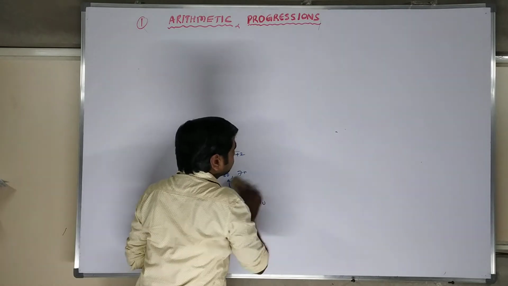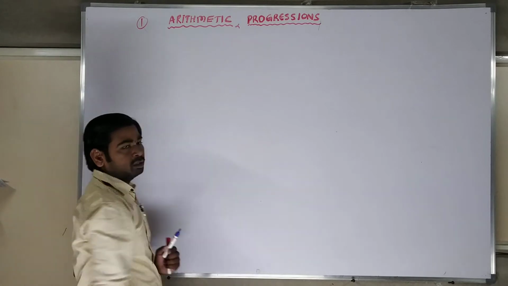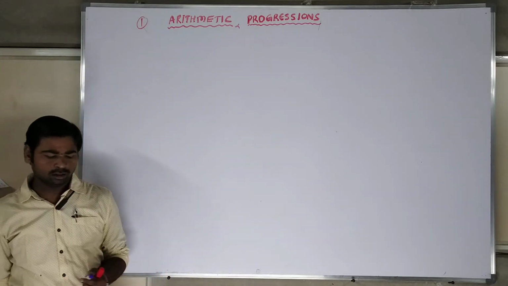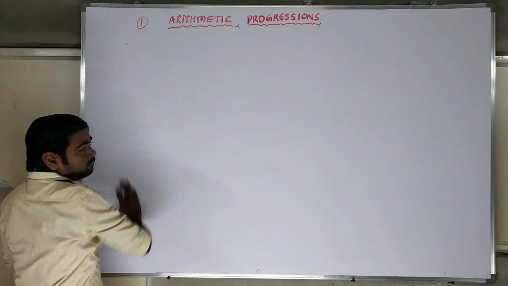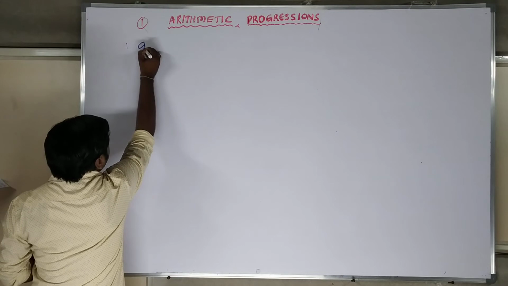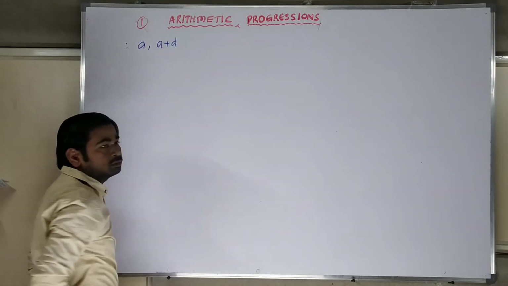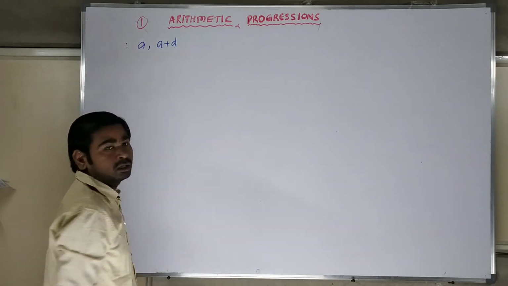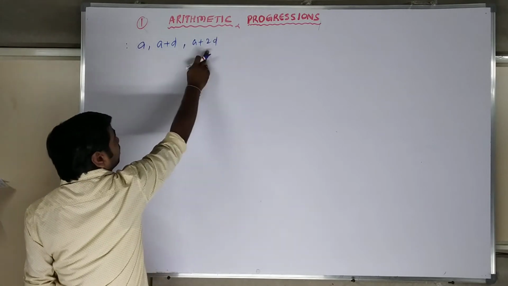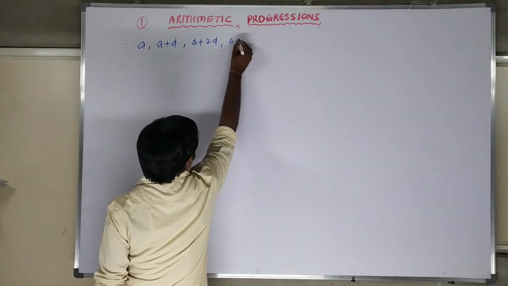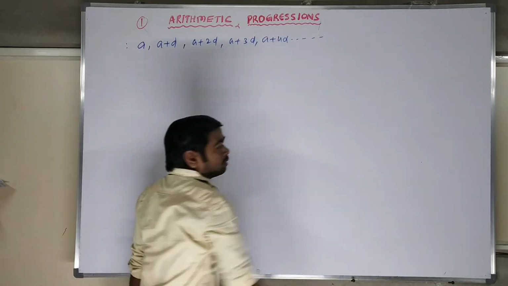I can write the definition. Generally, the arithmetic progression format I can write. For that format of arithmetic progression, the numbers should be: a starting number, a. To the starting number you add a fixed number, and you get the second one, which is a plus d. If you add d again, you get a plus 2d, then a plus 3d, a plus 4d, and so on.